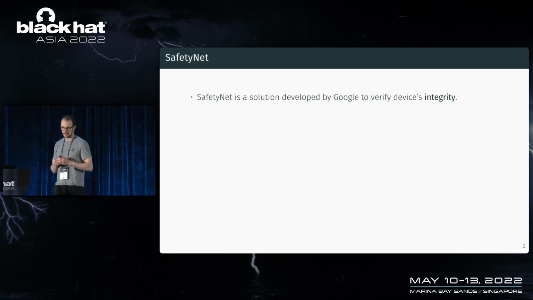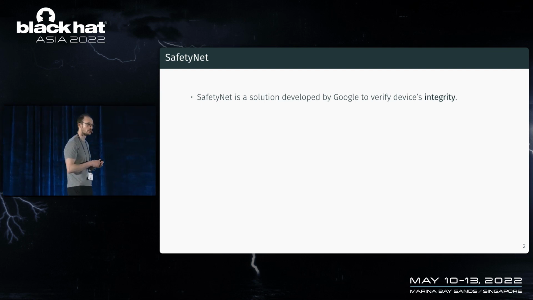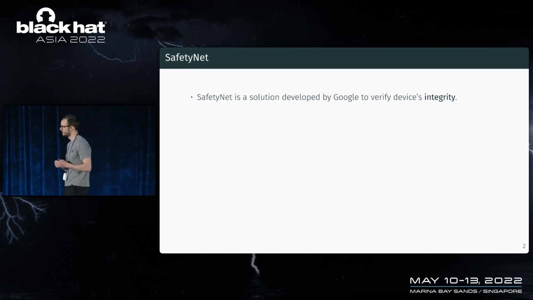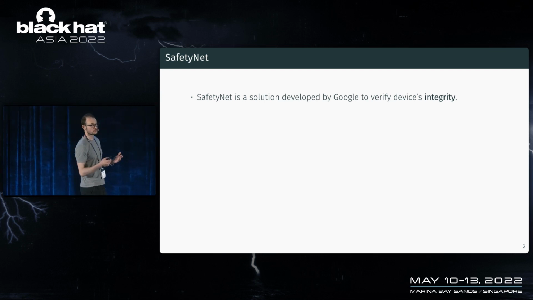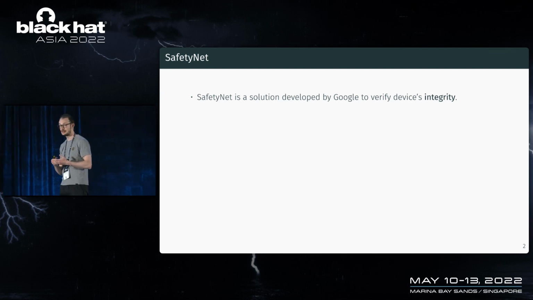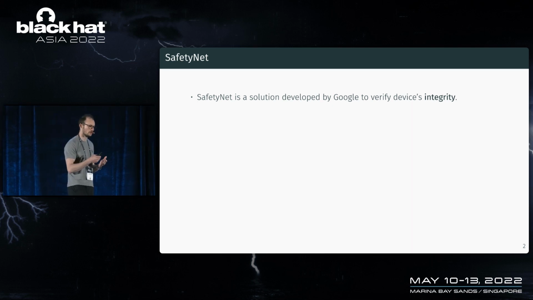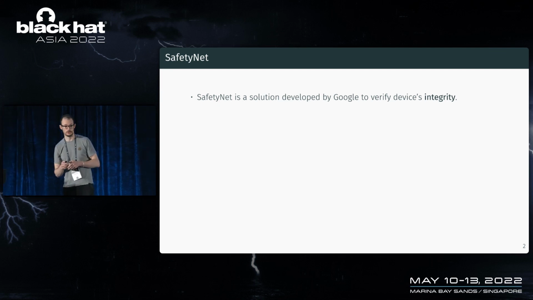But today I will talk about SafetyNet, which is a component developed by Google to check the integrity of the Android device. And basically, they needed to develop that because on Android, you can access root privilege quite easily compared to iOS, where you have to somehow find a vulnerability to have a jailbreak. On Android, the system enables you to get root as long as you disable some security features like the bootloader, the